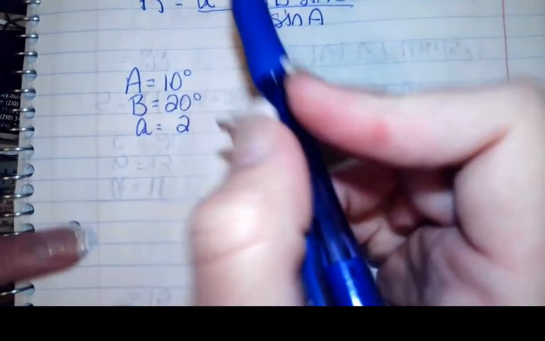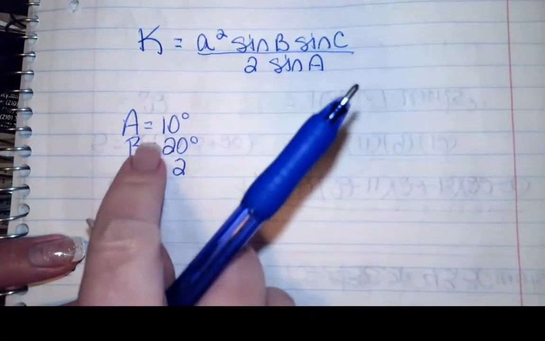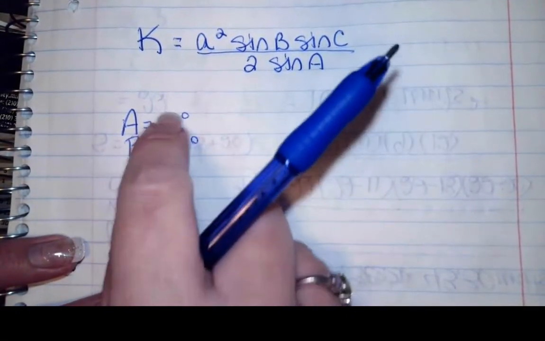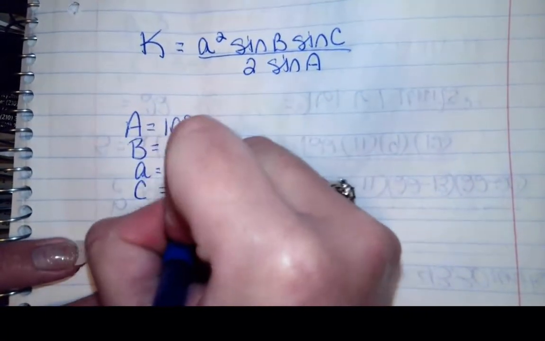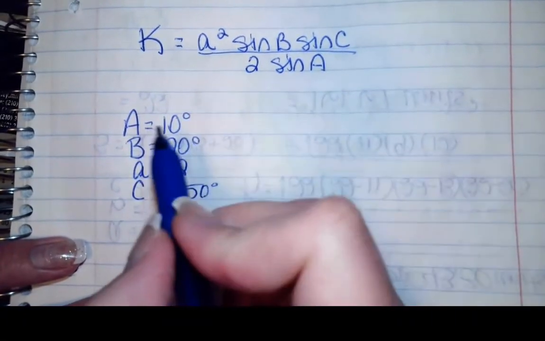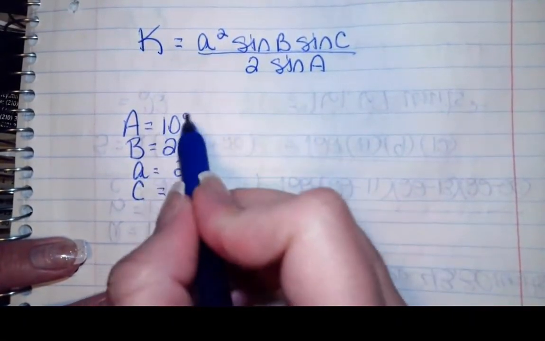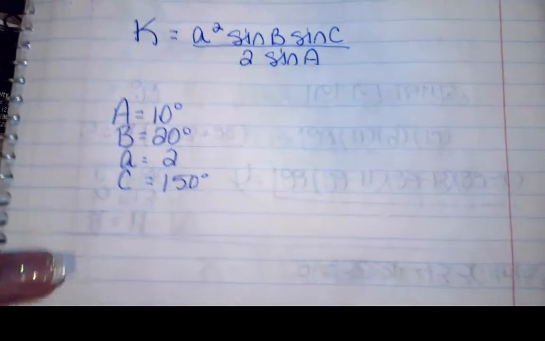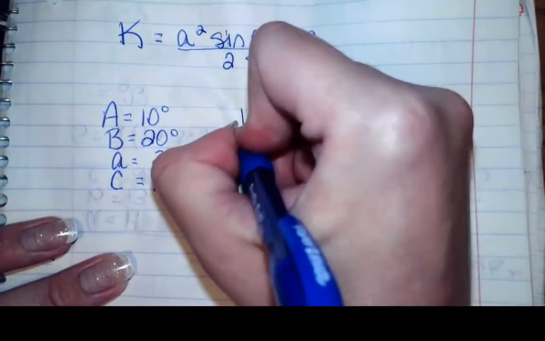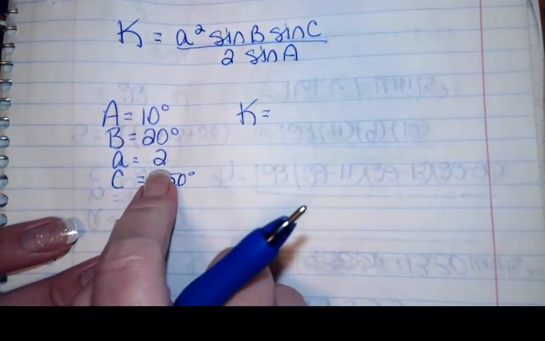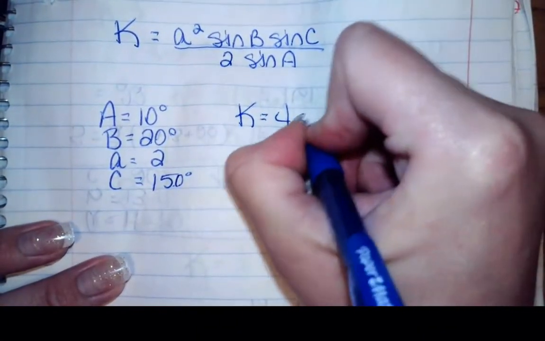So I'm also told that A is 10, B is 20 degrees, and little a is 2. So I notice right off, I need the sine of C, and I don't have a C. But wait, I have 2 angle measures out of 3. So I can rapidly figure out that big C must be 150, because 180 minus 30 will give you 150. So just plopping this thing in here, I have K equals A squared, so 2 squared is 4, times the